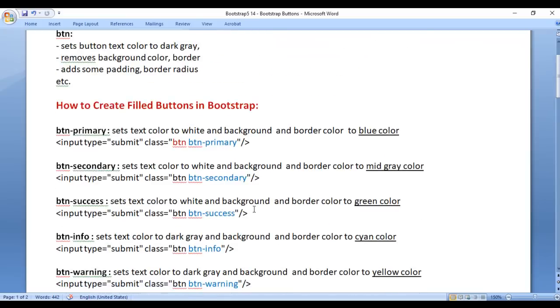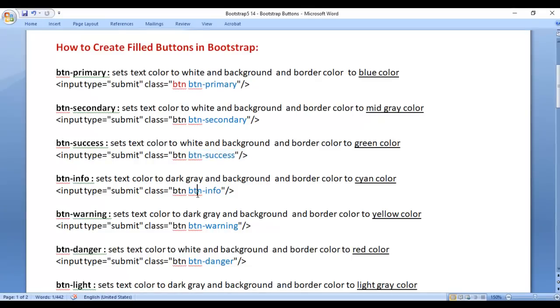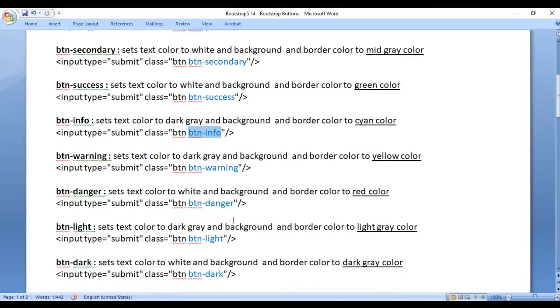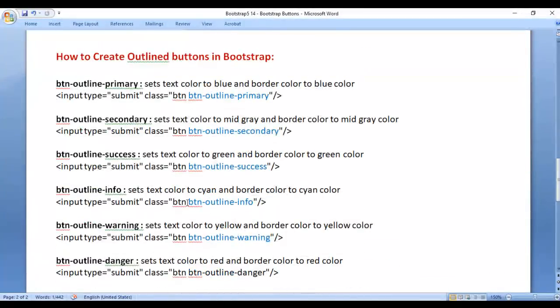Now we understood how to create the filled buttons in Bootstrap, right? btn-primary, btn-secondary, btn-success, btn-info, btn-warning. They set the background color to the button. Let's understand how to create outlined buttons in Bootstrap. So for that we use btn-outline-primary class, btn-outline-secondary class,